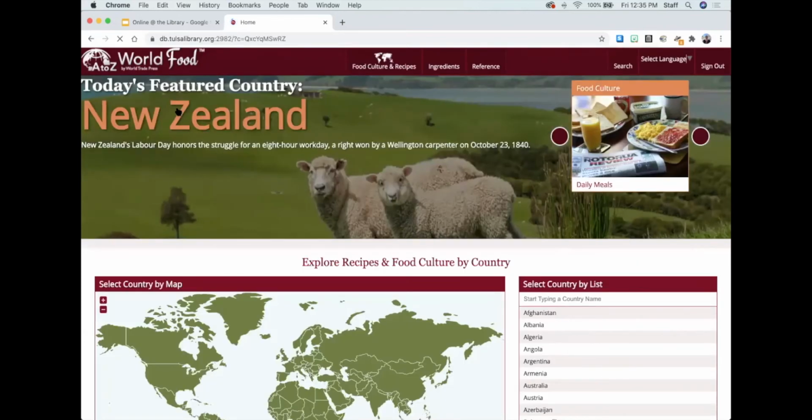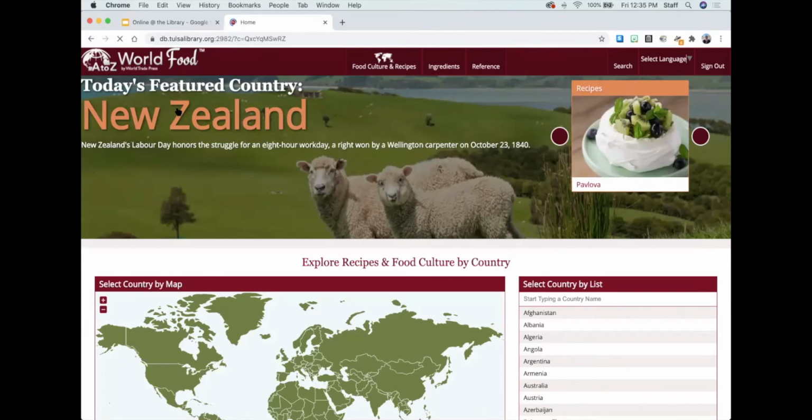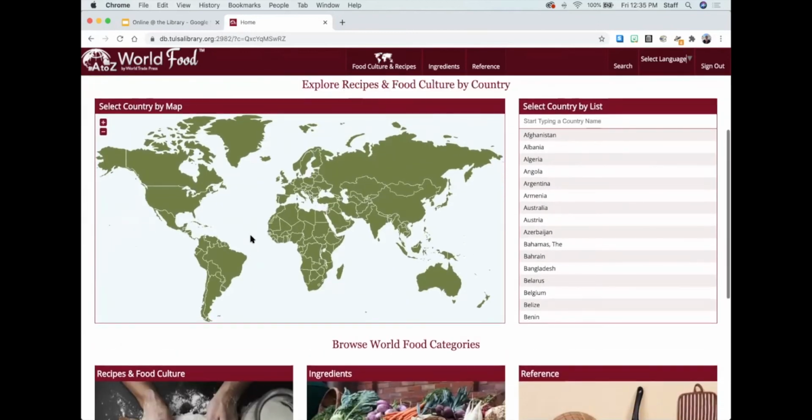But with A2Z World Food, this database has food recipes and food culture by country. So you can explore the world from home in your very COVID-free safe home and find food from all over the world. A thing my friends and I used to do in the before times, we used to get together monthly and cook food from different parts of the world. So say you're wanting to have a group party, or maybe even a family night that you want to make a little more exciting. We could go to Kazakhstan,